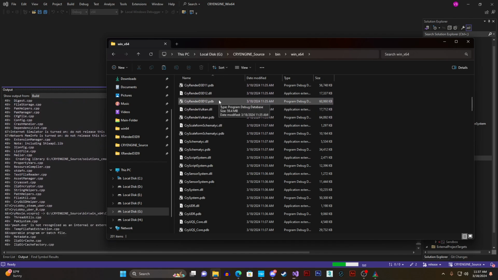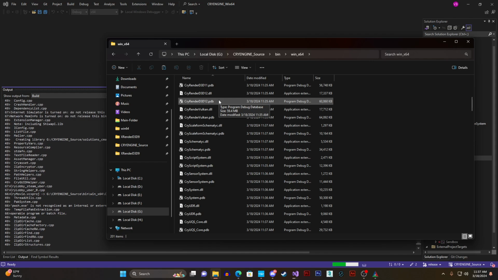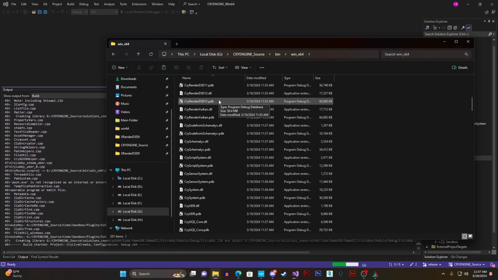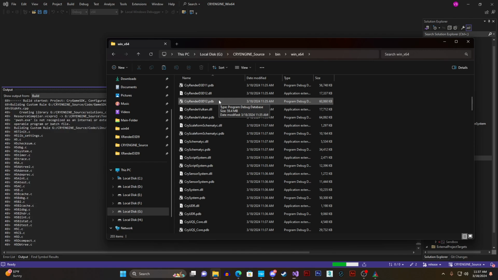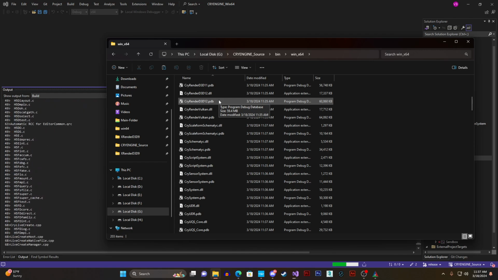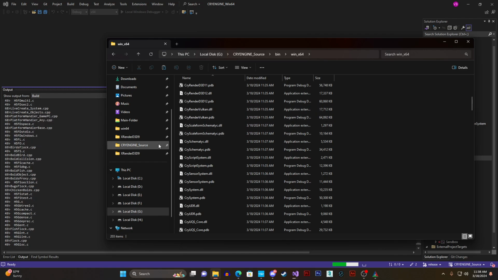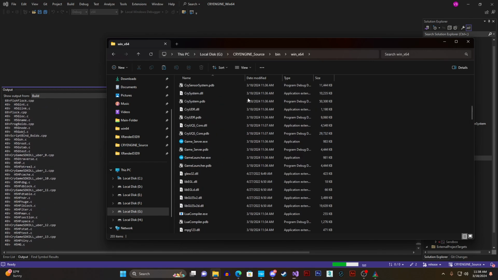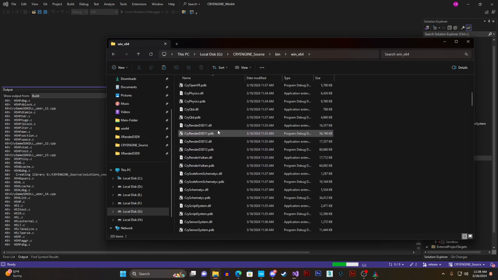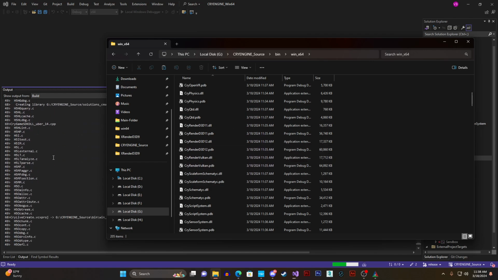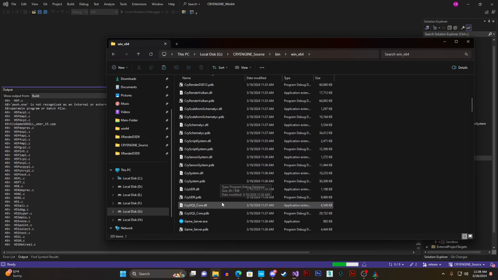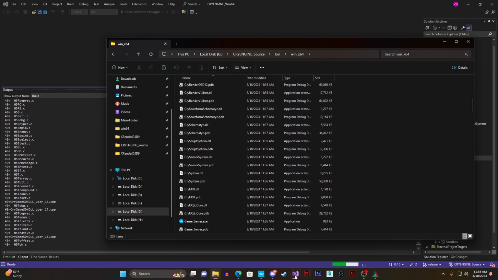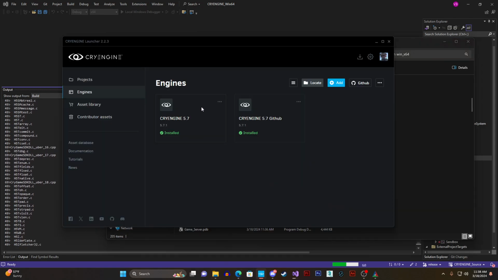And the last version of Scaleform, I don't know if Crytek used the last version of Scaleform to compile. Because I have a version of Scaleform, but I don't know if it's the correct one. But either way, it doesn't matter. We don't need to worry too much about it, because we're not going to mess with Scaleform SDK code whatsoever. As it is, it works. It works as good, so there's no reason to mess with it. But just remember, for our custom engines, there are DLLs that are just not included,